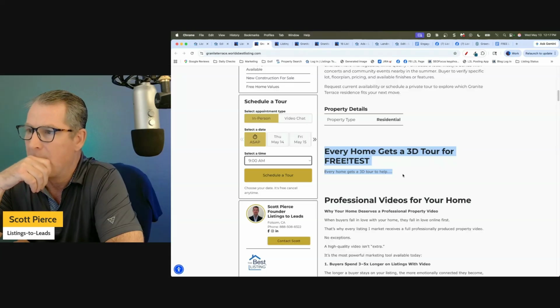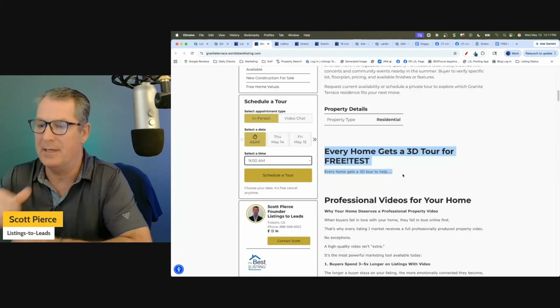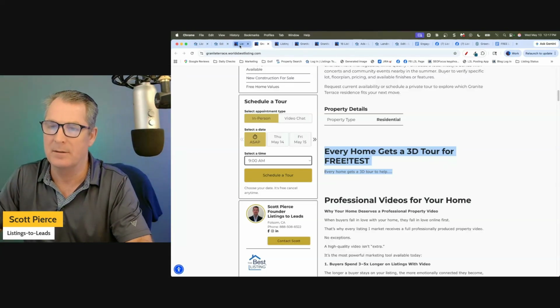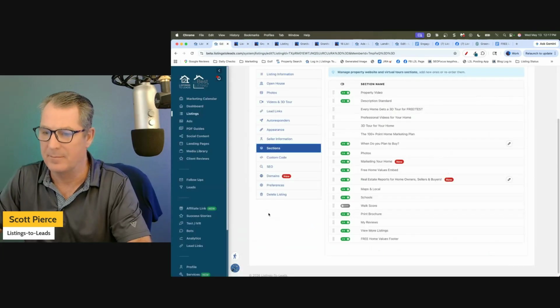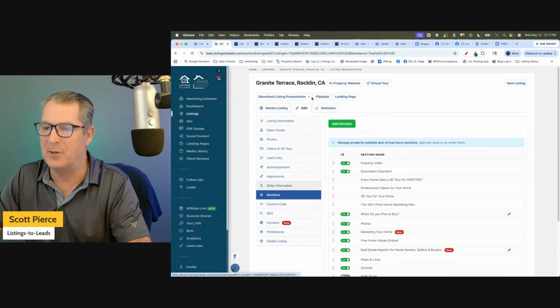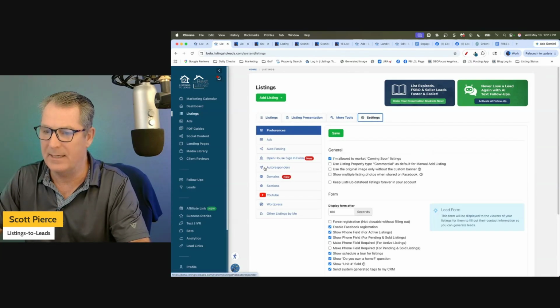Mine doesn't have the image ability. Yeah, it should. Again, get into the mastermind group. I'll take a look at it for you. But listings, settings,